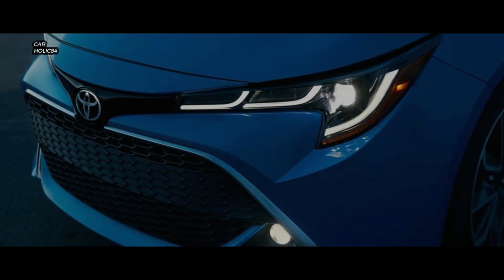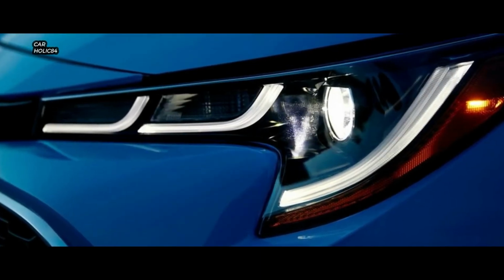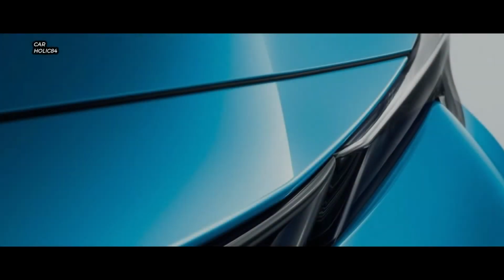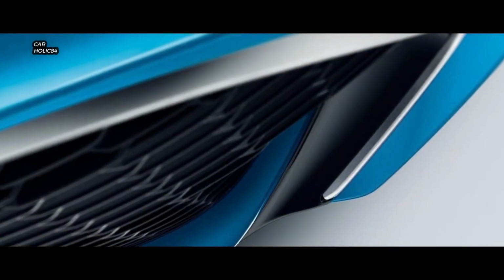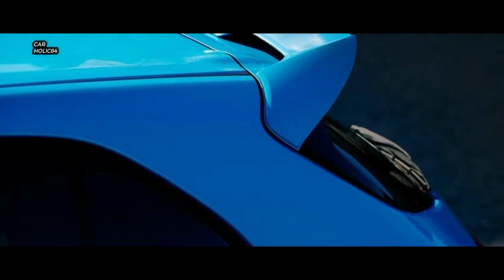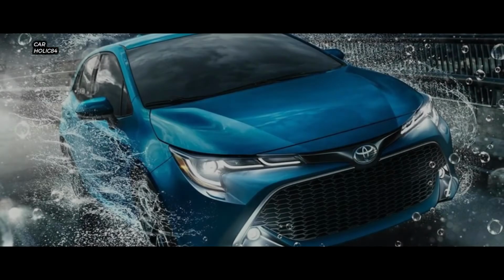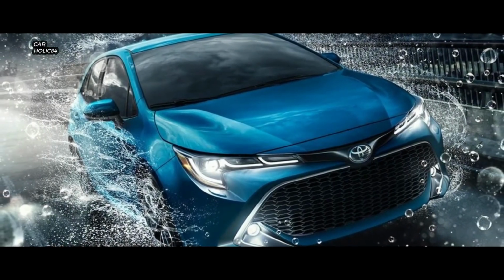The 2019 Toyota Corolla Hatchback is available in 2 trims. The base SE model's standard features include 16-inch alloy wheels, LED headlights, keyless entry, automatic climate control, a rear-view camera, an 8-inch touchscreen, a Wi-Fi hotspot, a 6-speaker audio system, Apple CarPlay, Amazon Alexa compatibility and added functionality through Entune